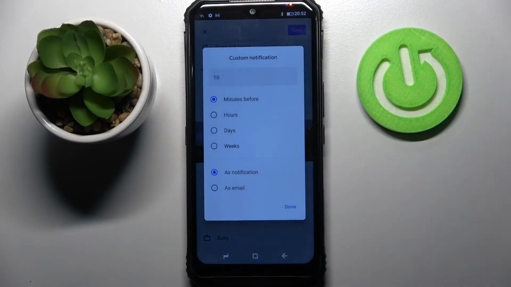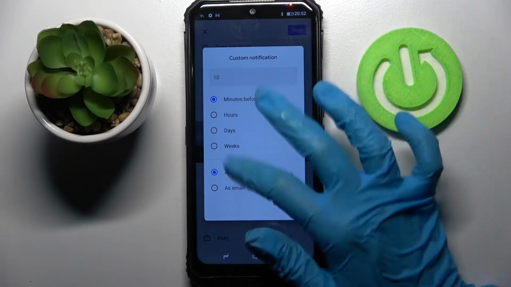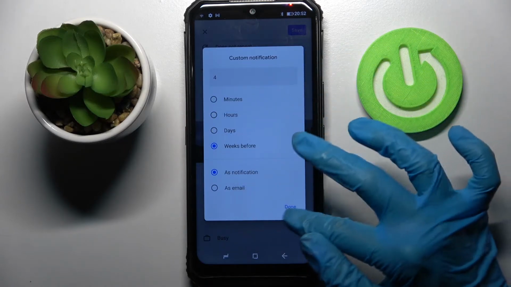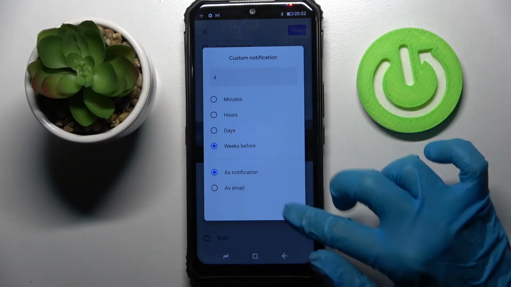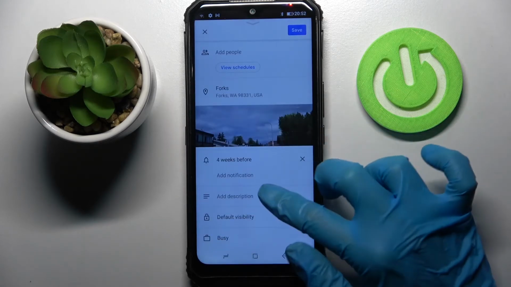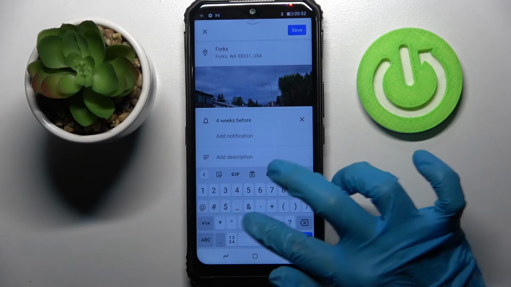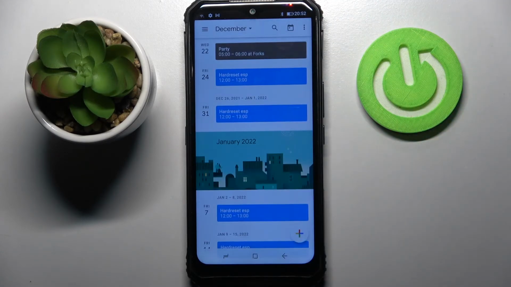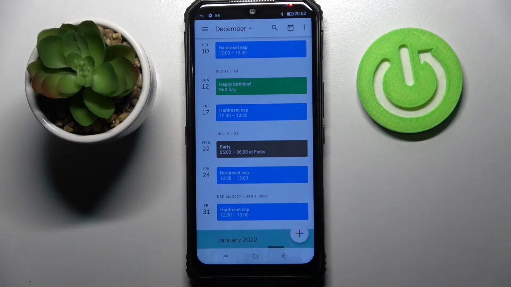Tap on add notifications and select notifications by tapping on hours before, days or weeks and selecting done. You can also over here take notes, and when you're ready, save your event by tapping on save at the top right corner. As you can see, mine was successfully created, but you can always edit it by clicking on